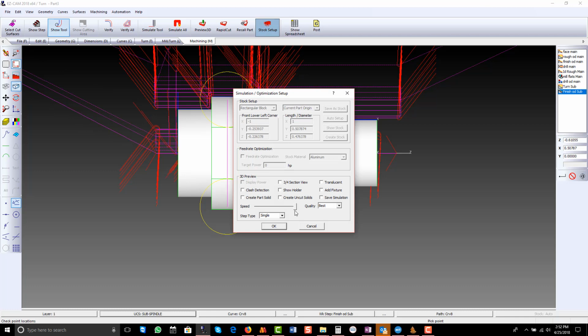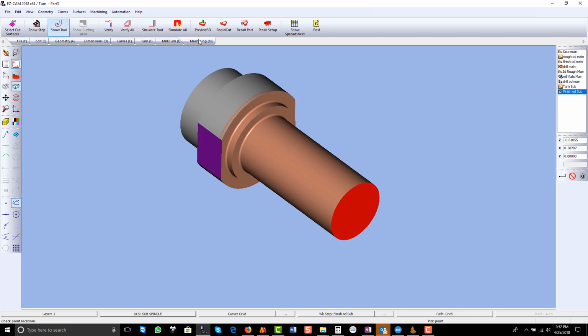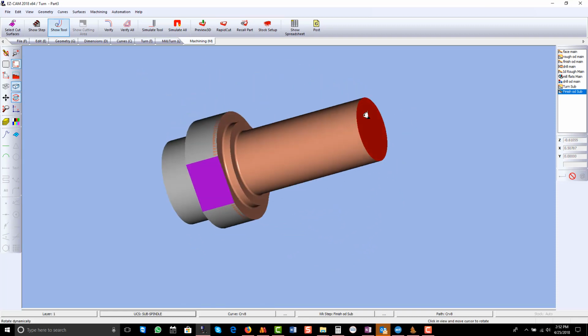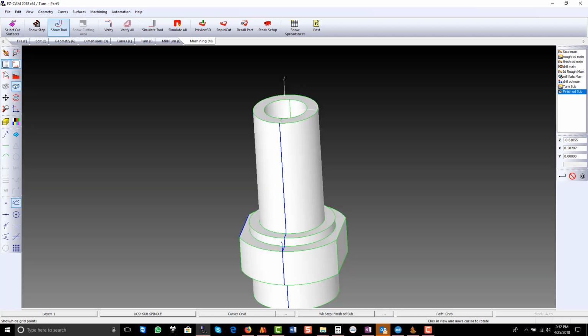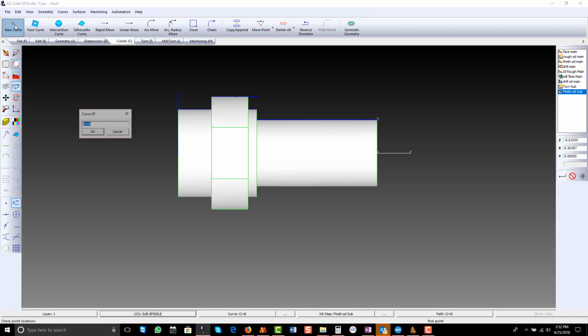I'm just going to slide that over to maximum and preview. Let's face off, and we'll just slide that up. So we'll go to new curve, linear, Z0, come down to X0,